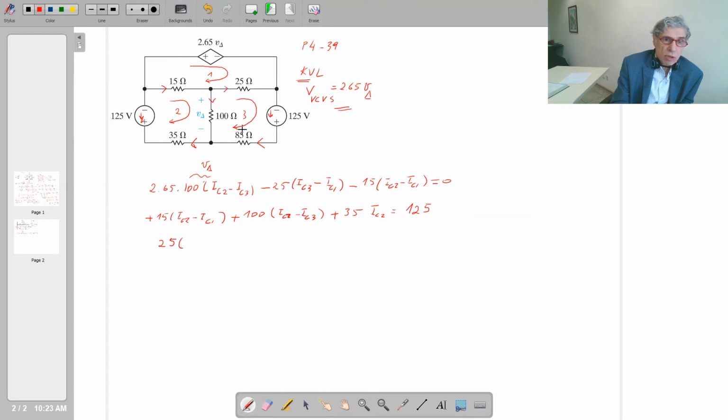This is IC2 minus IC1, IC3 minus IC1, which is the same, isn't it? So that is going to be the same direction, not like this. This mesh current direction is the same as,